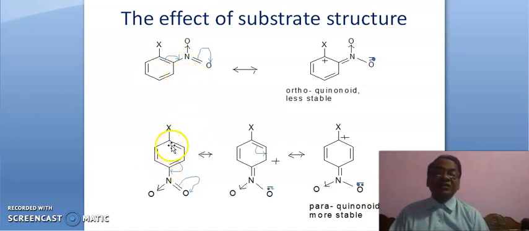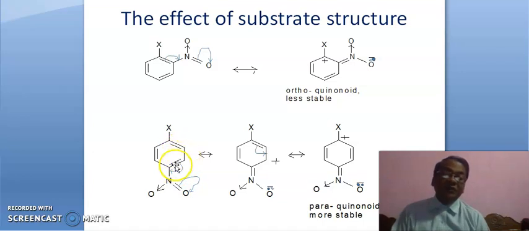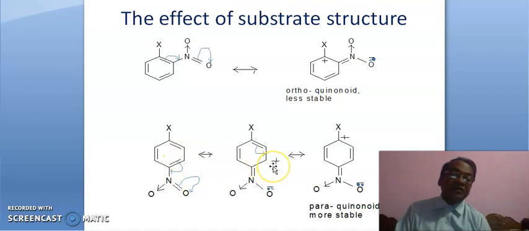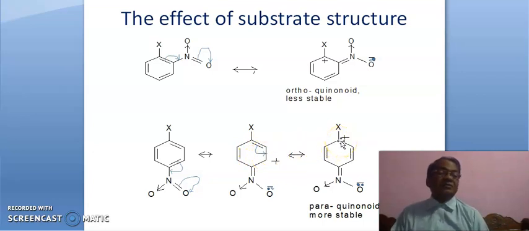In the similar fashion, it is chlorobenzene and nitro group is attached to the para position, and this pi bond will break in this fashion, this pi bond will shift in this fashion, and at the same time this pi bond will shift in this fashion. Suppose this pi bond will shift in this fashion, this is obtained, and due to this positive charge, this pi bond will shift in this fashion, leading to positive charge here. Now, it is very much clear that nucleophile can attack rapidly, readily at this position,